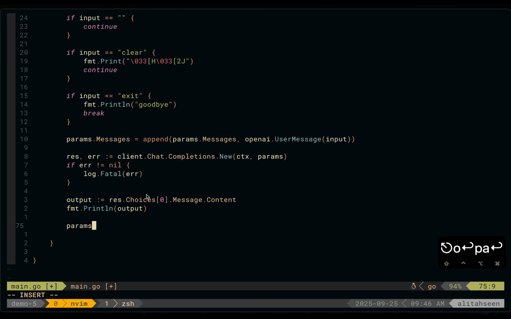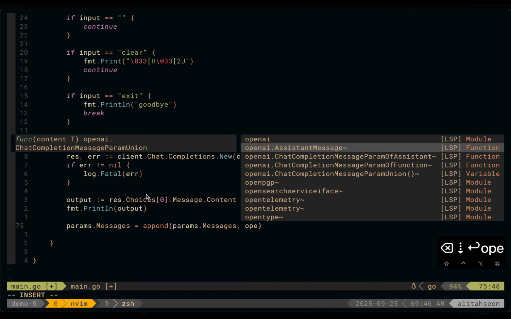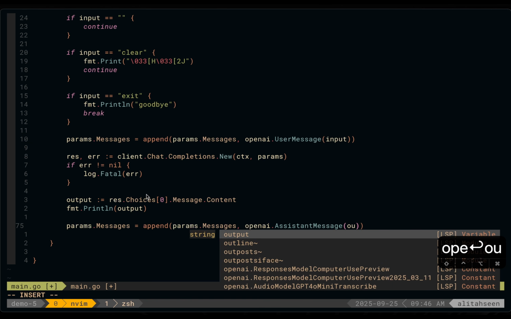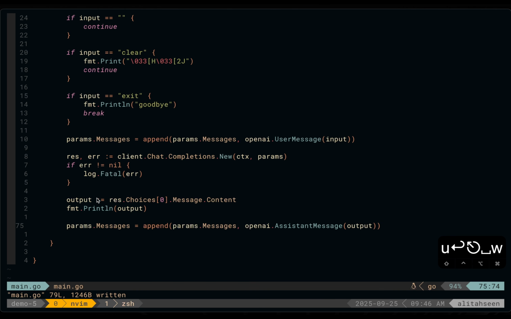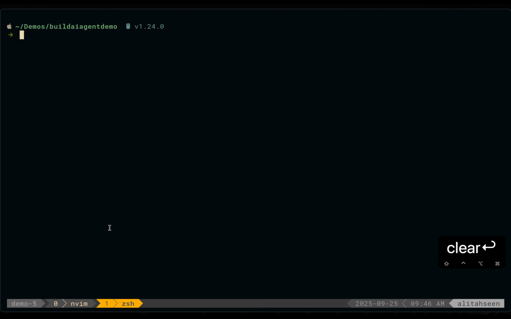And we can go ahead and go params.messages equals just like that. So we append the openai.assistant message, and we append the output that we got from the LLM. Let's go ahead and rerun the program and see if that is true. So go run dot